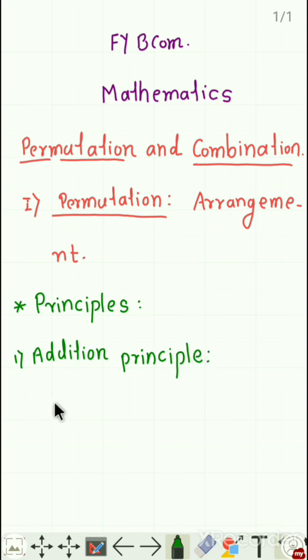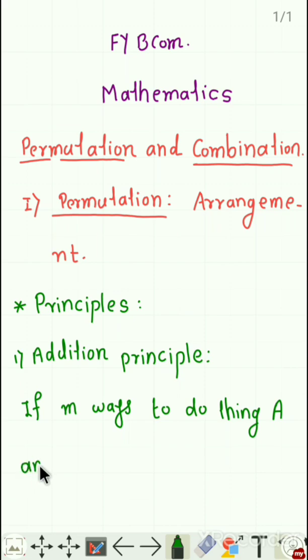So the addition principle is: if we have to do two things A and B, and if there are m ways to do thing A, and if there are n ways to do thing B,